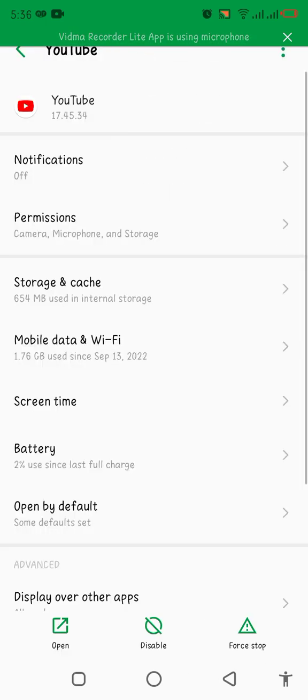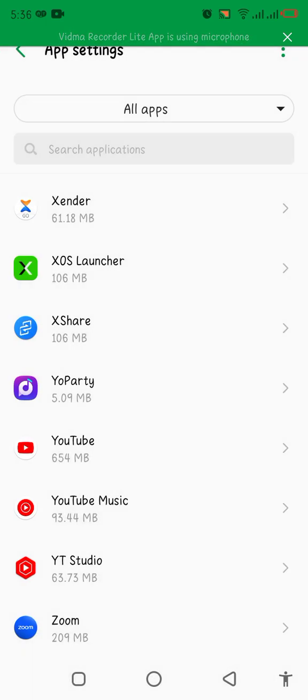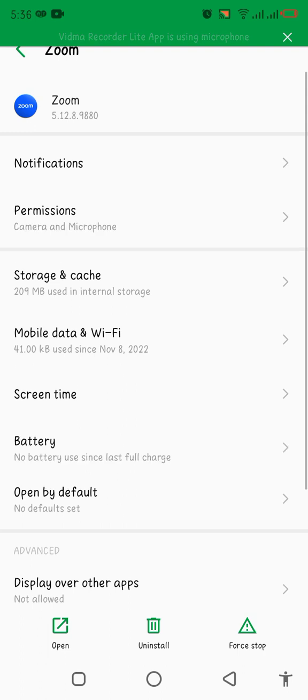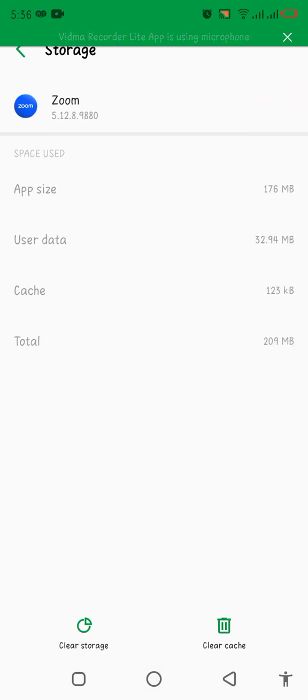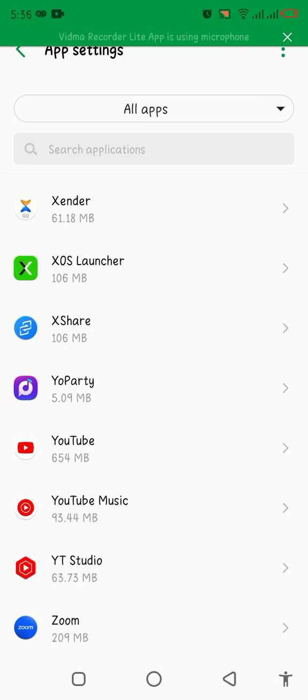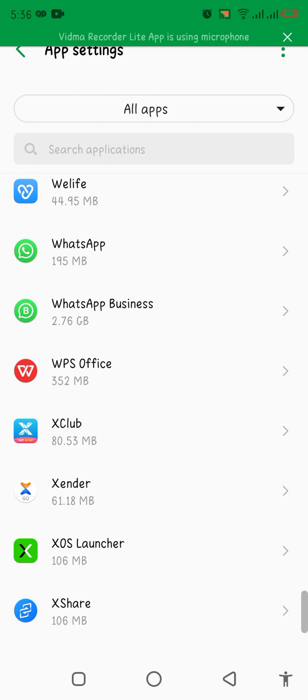So I go back and see another application which also has the same issue, occupying large space. Maybe this Zoom is occupying large space. You can check it. I go to storage again. If I see on the cache, you see 123 kilobytes is not large, and I can go back and check another one. For example, this WhatsApp Business is occupying large space as well,